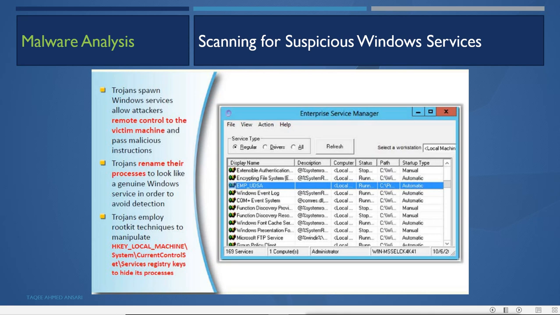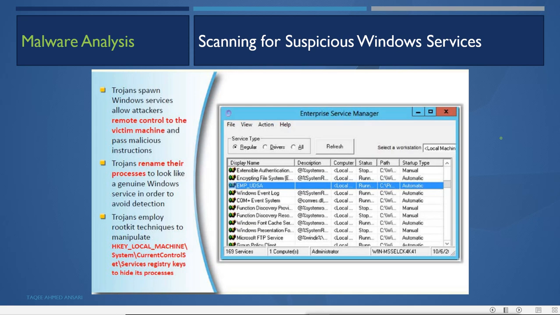So you can check the suspicious services, like if you see the FTP service is enabled in your system, but you have not enabled it. That means there is a problem, somebody has enabled it, the Trojan is enabling the FTP service to download your files. So we can use the normal task manager, we can use the service manager, or we can use different service manager tools to check the services.